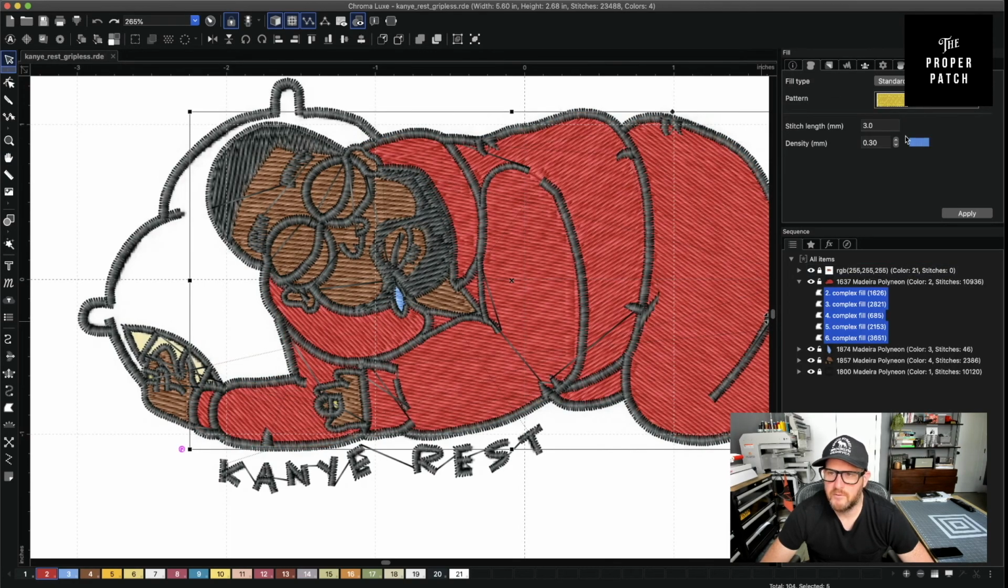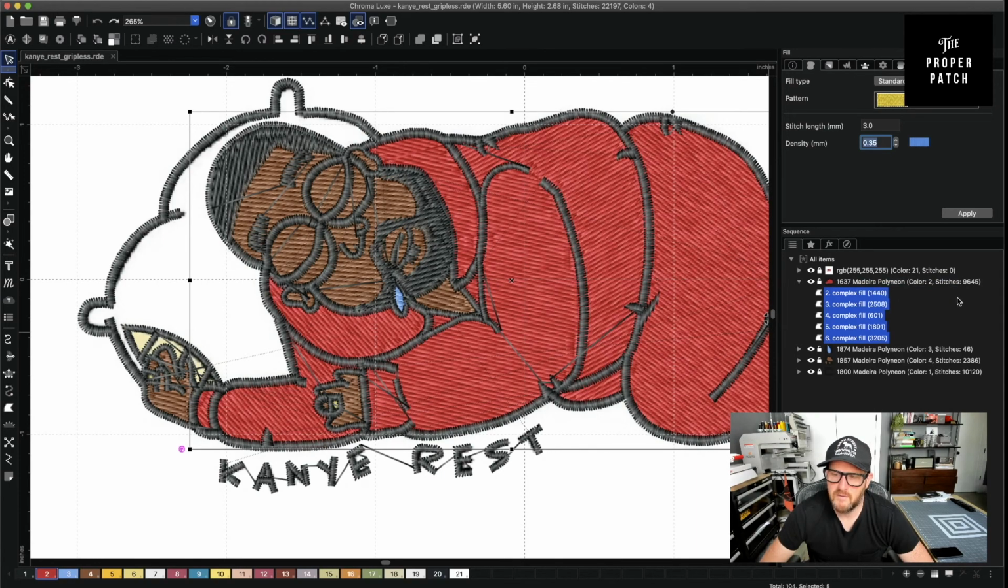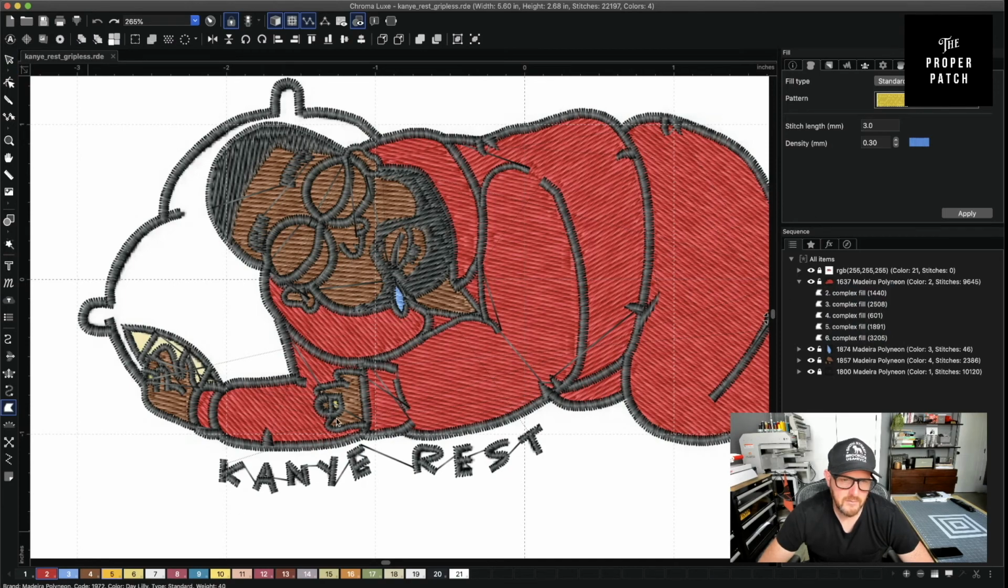Have that print first, and I'm going to set it to, it's set at 3. That's a little dense, so I'm going to do a 0.35. That should be more than enough. Save on some stitches, save on some printing time. That should look good. Let's do the gold